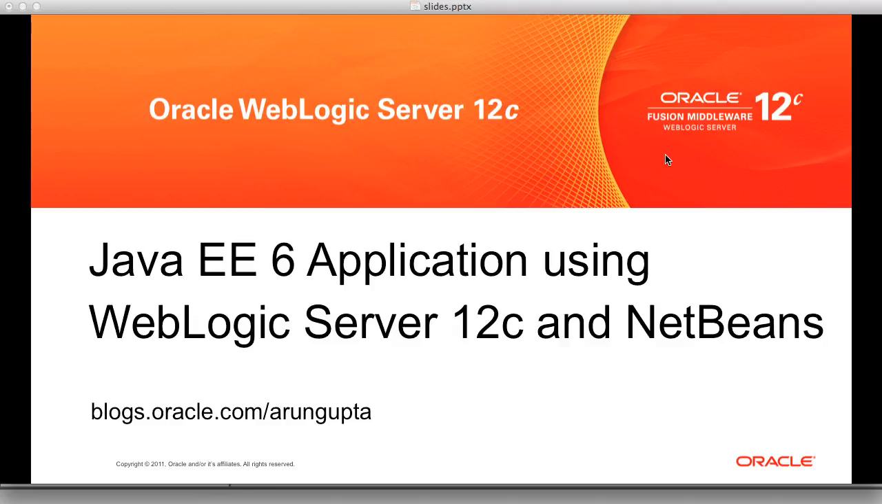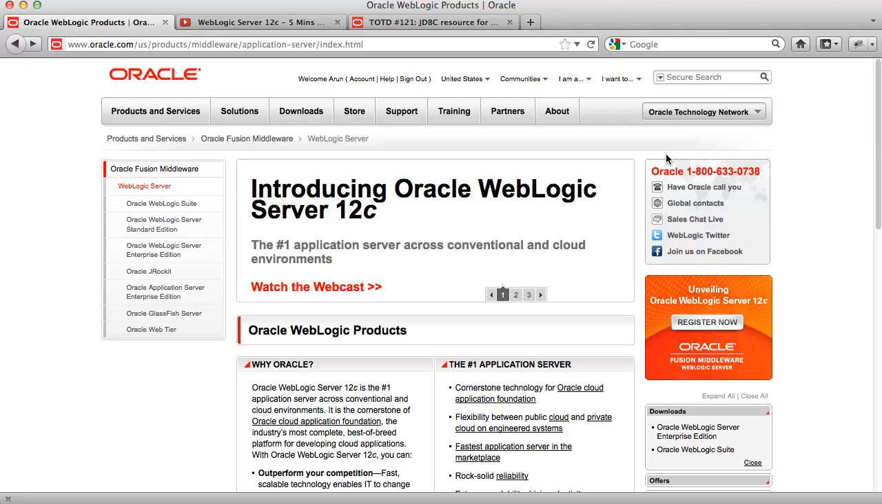Today I will show you how NetBeans and WebLogic Server 12c, which was recently released, can be used together to develop and deploy a Java EE6 application. Let's get started. In order to get started, you go to the main page of WebLogic that is accessible from